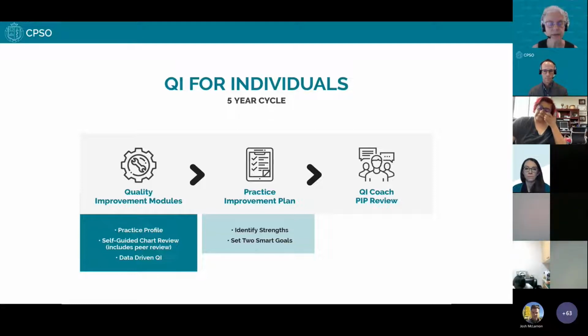I think this is an important point to just ponder for a moment. The 3 activities that I mentioned, practice profile, self-guided chart review, and data-driven QI, we do look to see that those have been completed. However, the content of those activities remains private to the individual in order to permit self-reflection and an analysis of your own strengths and weaknesses. So once members have a sense of what areas might potentially be up for improvement, those then can be incorporated in the practice improvement plan,